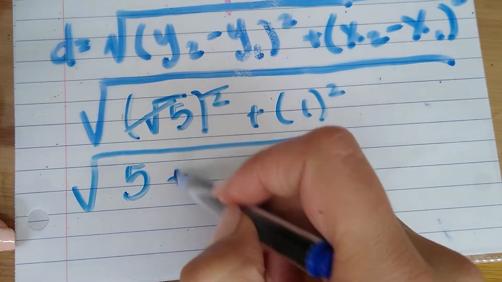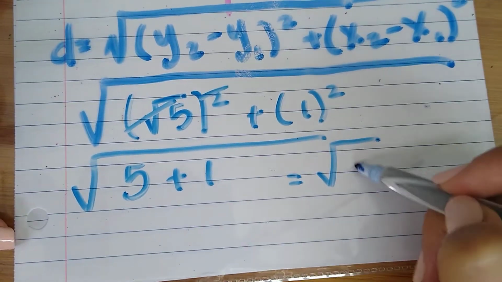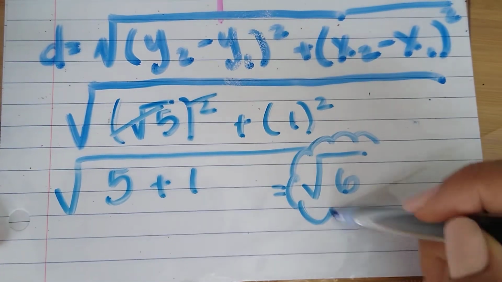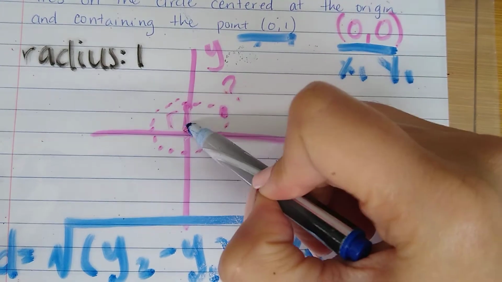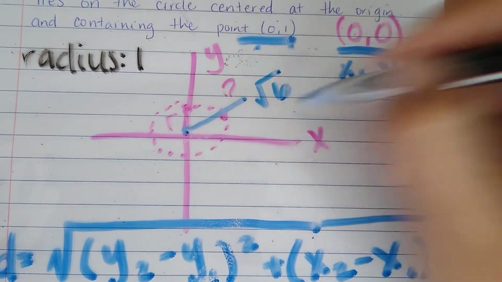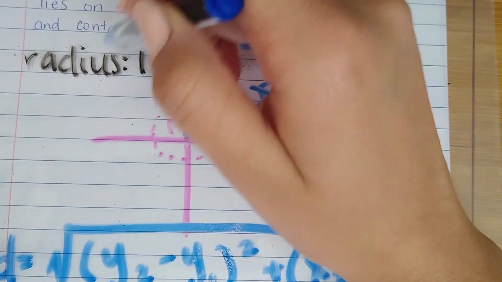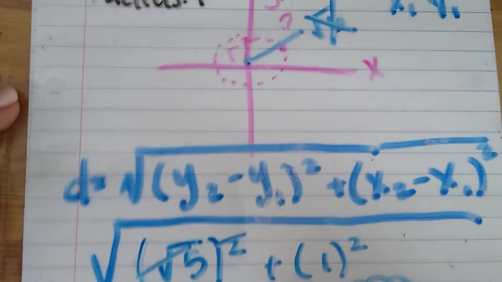So it's just 5 plus 1 equals square root of 6. So that means that the distance here from this point, center, to this point is square root of 6, which is not our correct distance. Our correct distance should have been just 1. So our answer here would be no,